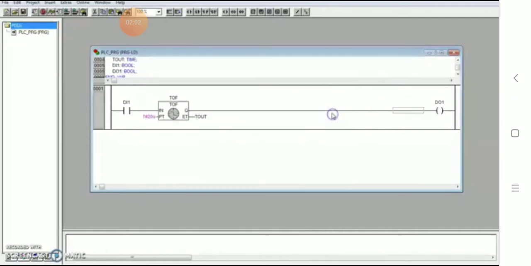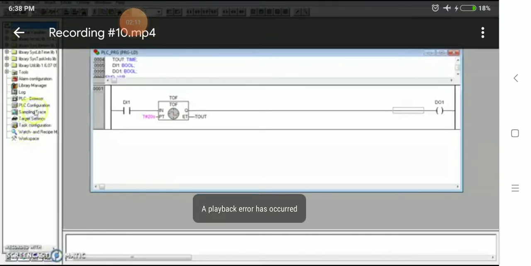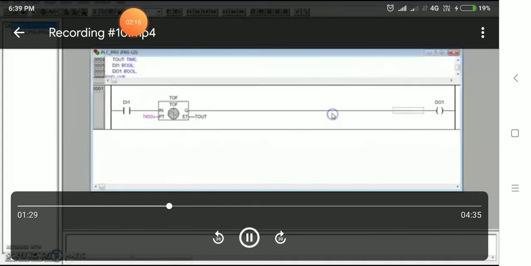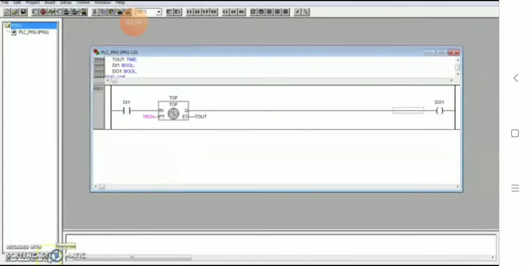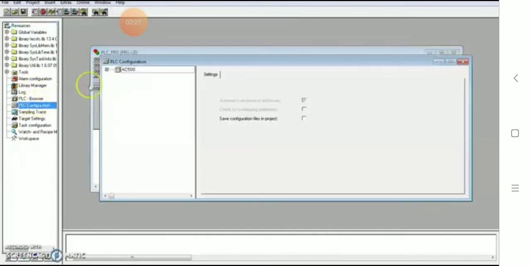Say OK. Now next you have to go to the PLC configuration to define the variable names. Once you give all the data, next you have to go to the PLC configuration to define which variables you have used in the diagram.